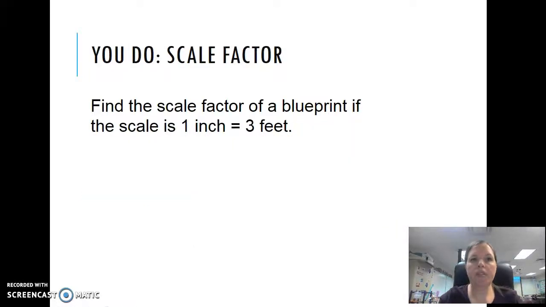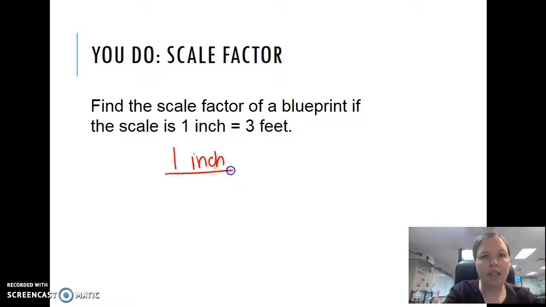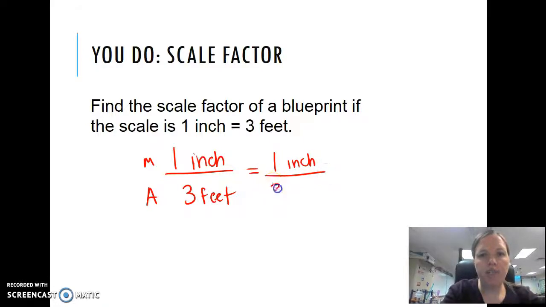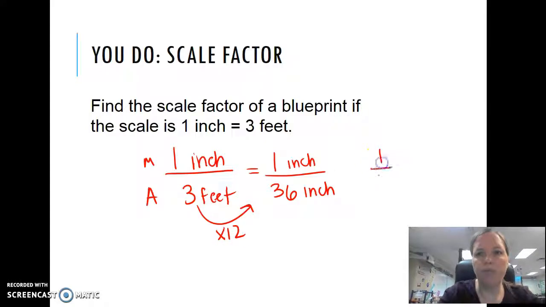So you're going to try this one. It says you do, so you're going to pause and try it. But just to finish this off, you have model compared to actual. We want to make those into the same units, so I'm going to keep my inches here. I'm going to change my feet into inches, which means I do times 12. So this is 36. So my model, or my scale factor, is 1 to